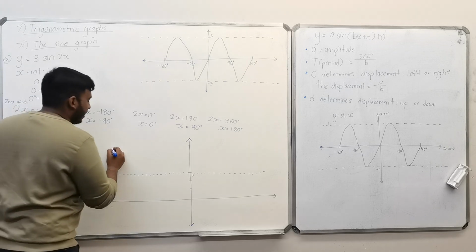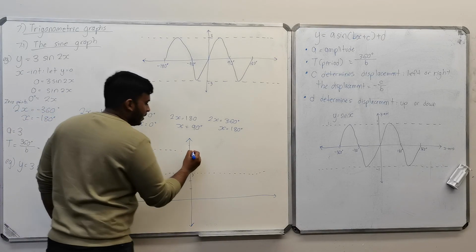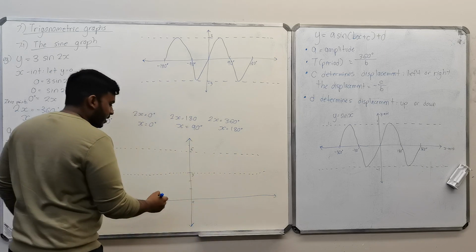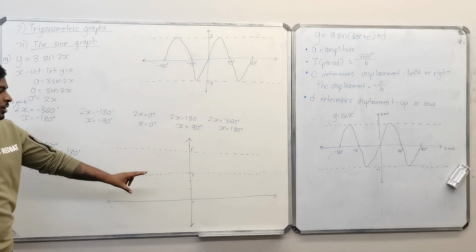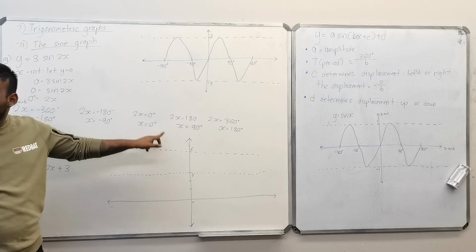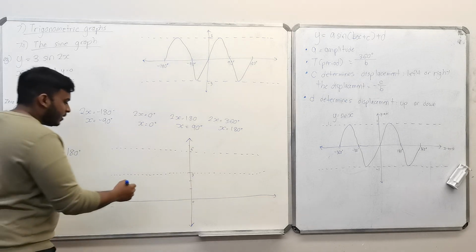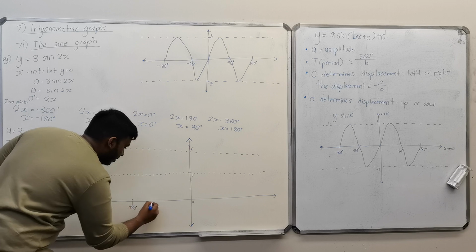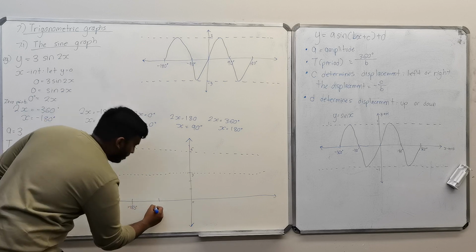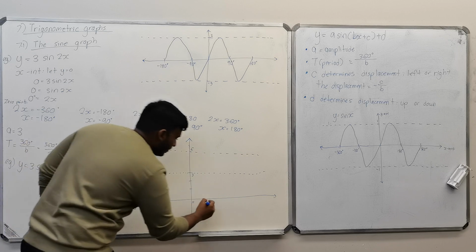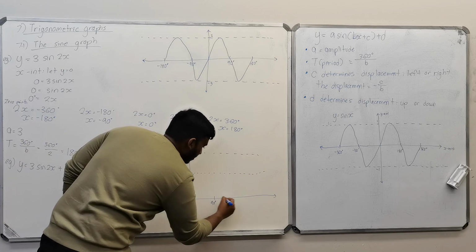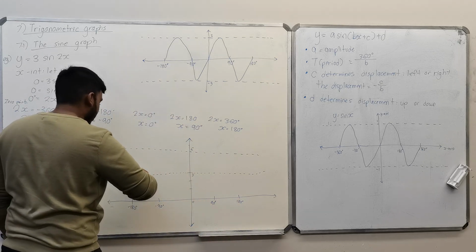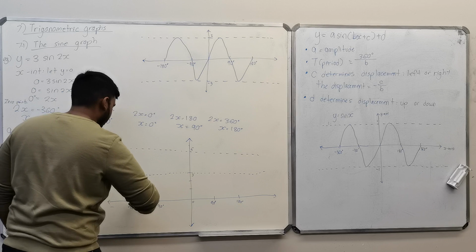And now, your highest point in your amplitude would be what? 6. And the lowest point in your amplitude would be 0. Right? Because you're moving 3. So if your amplitude is from your midpoint above and midpoint below, okay? So this would be minus 90. So your graph would now look